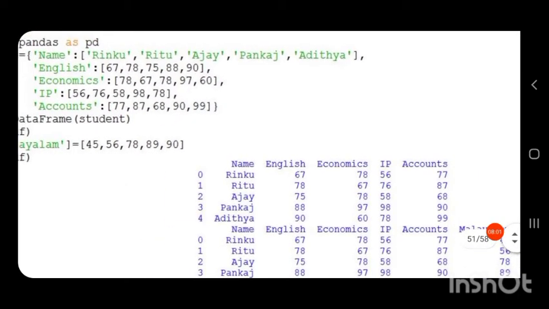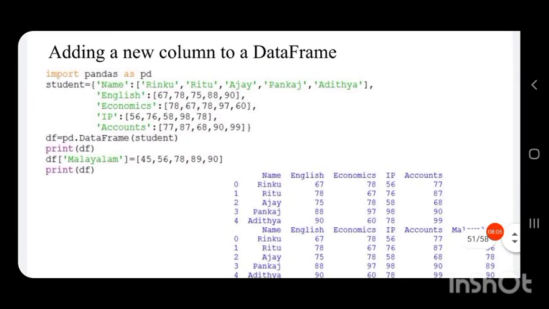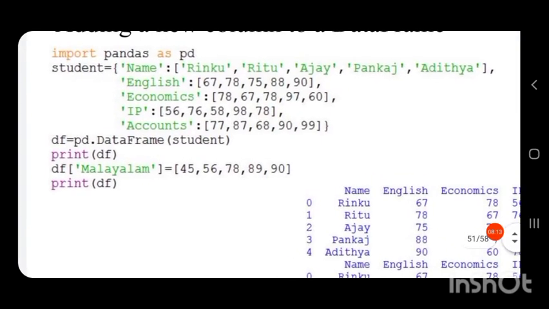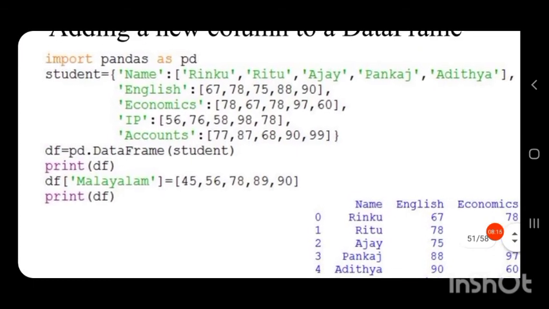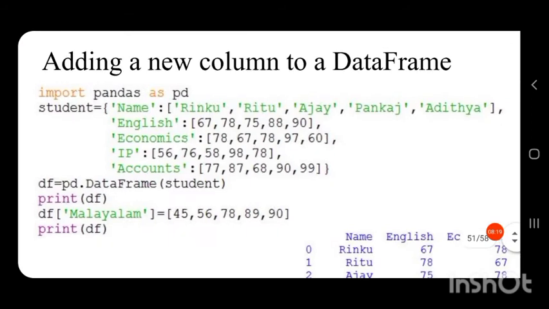Now we are going to add another column. Let us see how we can add another column. We can add another column by specifying the data frame object. The data frame object is the name given to the data frame, that is df. So df, then in square brackets, in single quotes, write the name of the new column.